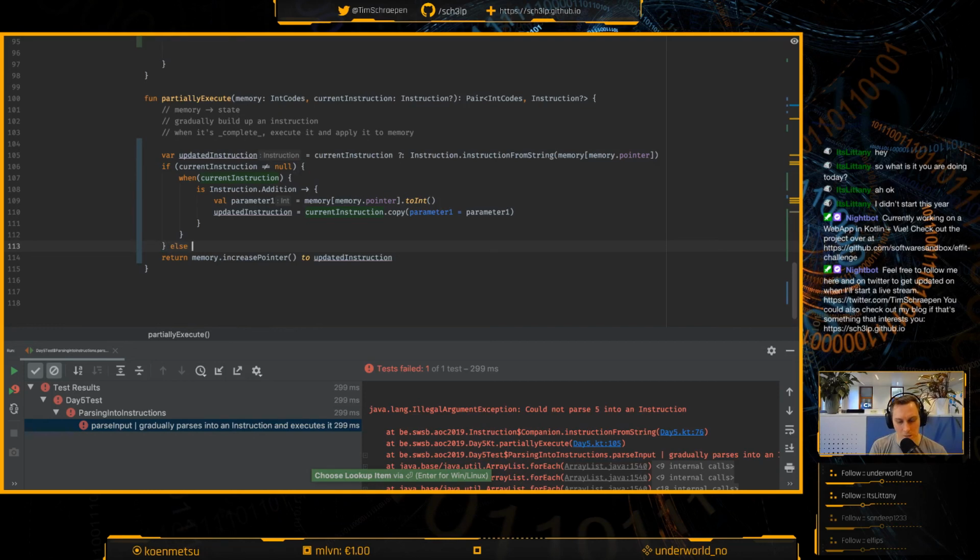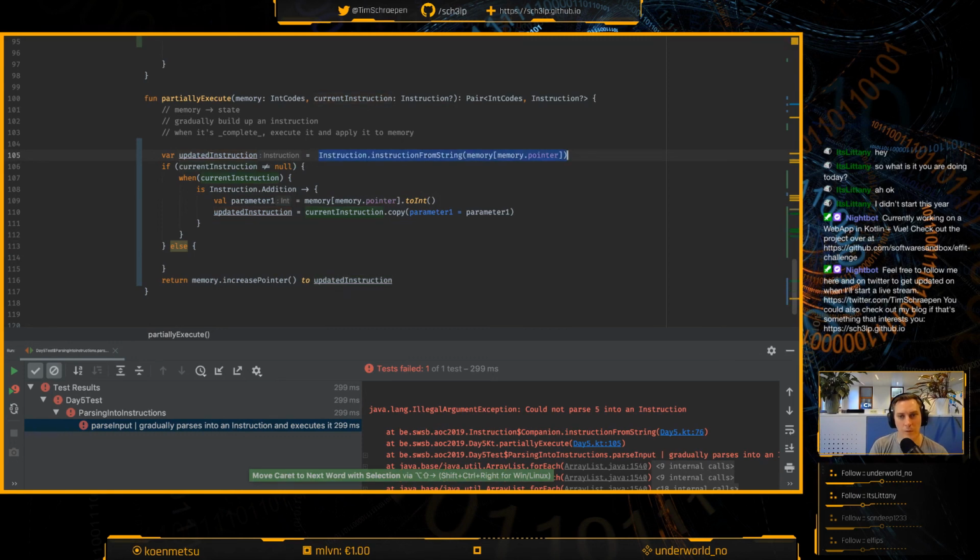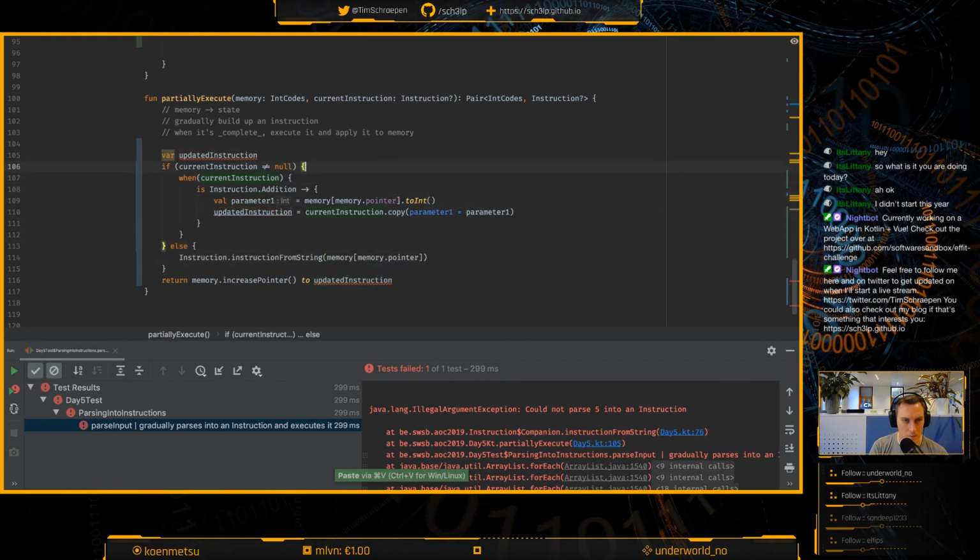And then else, I want updated instruction to be this. And this I can't do. Yeah, and there it's always one. So I really need to rewrite this as